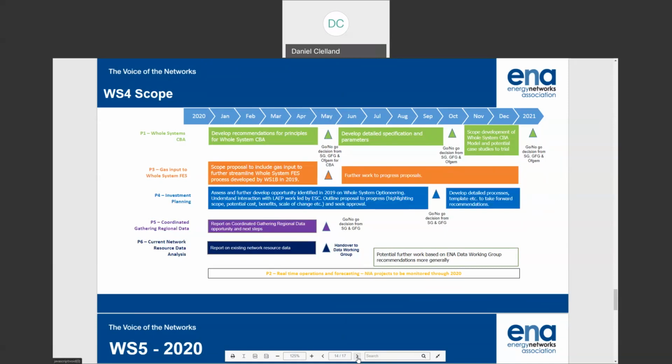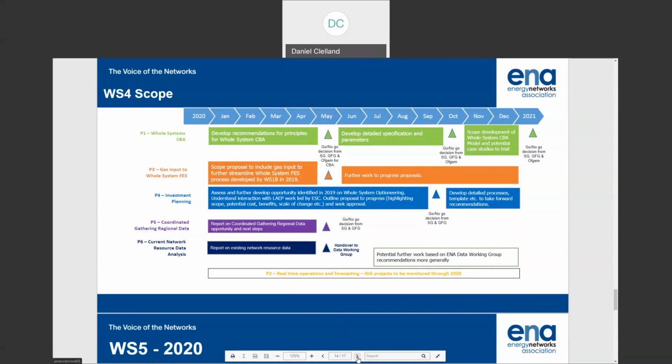In addition to that, as part of some of these initiatives, we'll be looking at whole system cost-benefit analysis to test whether there is a cost-benefit case for making change in some of these areas. So by testing that for some of these products, we can develop recommendations for some principles around how we build whole system CBA. And that is particularly important given the business planning guidelines published from Ofgem, where we've been asked to consider whole system CBA as part of our future. So we will be looking at how we scope up some recommendations for principles of whole system CBA work in workstream 4 as well.